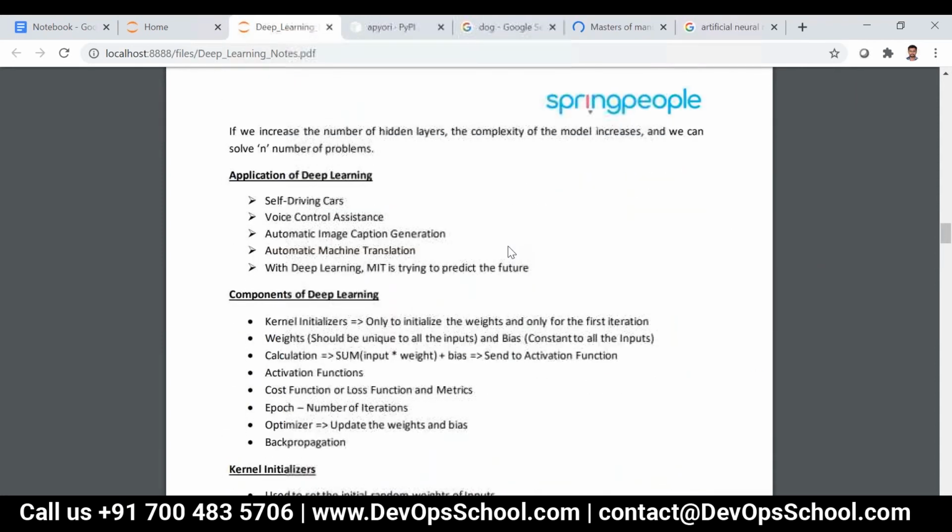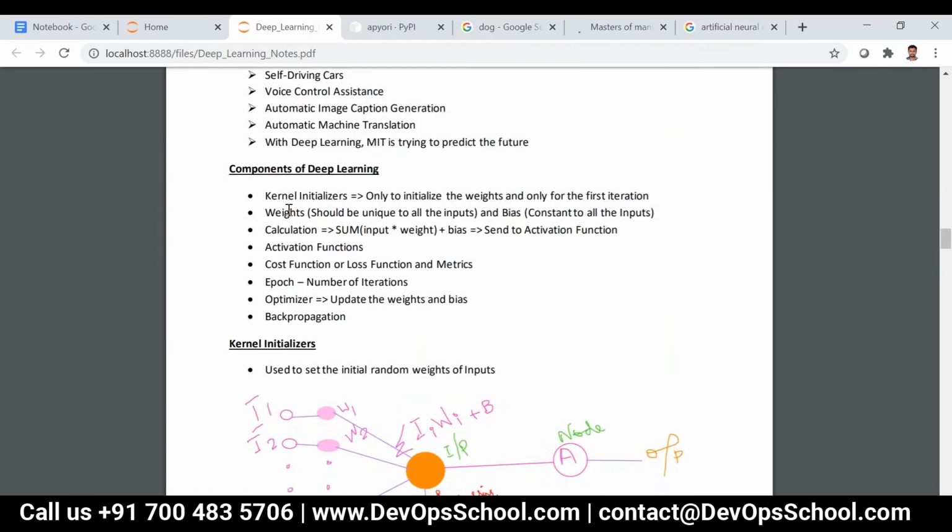In the bottom, these are the components of deep learning, or you can say the architecture. The first one is the kernel initializer. It is used only to initialize the weights for each and every input, and only for the first iteration.